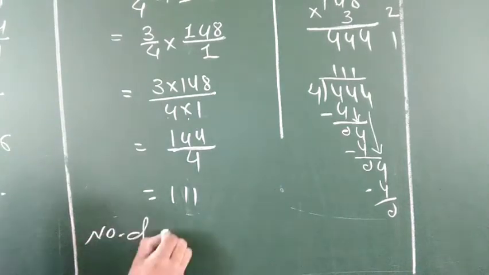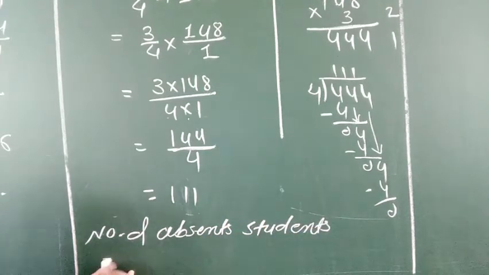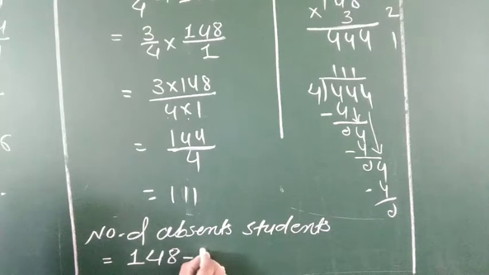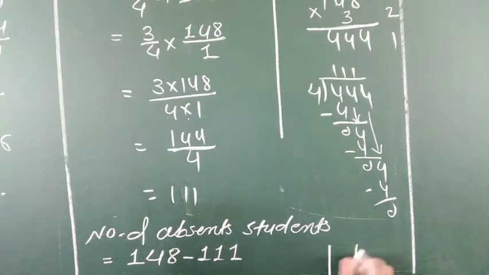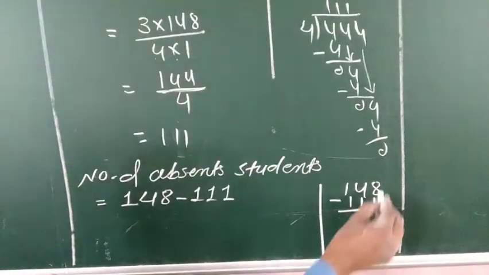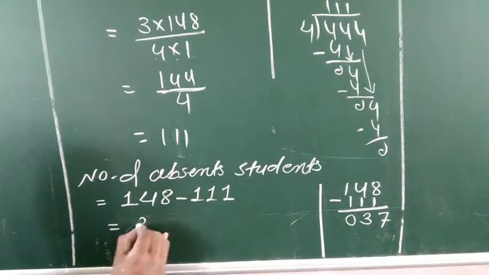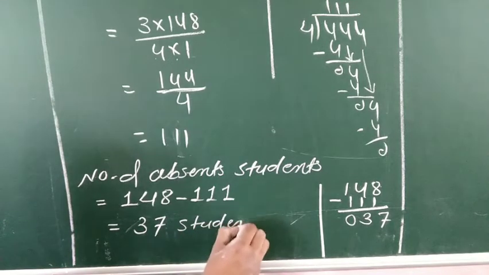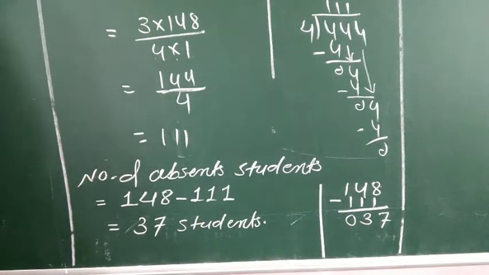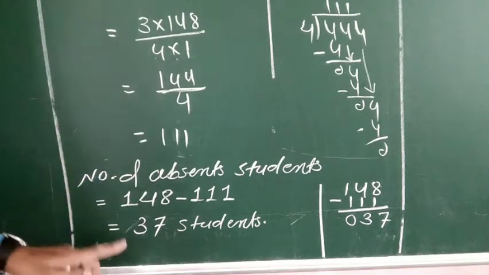Then see number of absent students equal to total 148 minus 111 present। तो see 148 minus आपको यहाँ पर करना पड़ेगा minus 111। तो see 8 minus 1 it is 7, 4 minus 1 it is 3 and 1 minus 1 is 0। Answer is 37 students। Answer is here 37 students are absent। This means 3/4 are present and 1/4, that is 37, are absent।